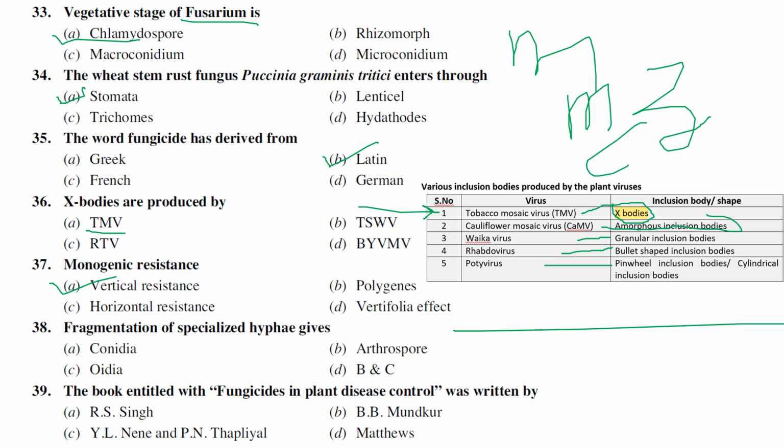Very simple. Imagine this is a hypha. This hypha is divided into small fragments. It is an asexual vegetative kind of reproduction. We have published a couple of mycology videos regarding this. If you see, each single fragment will divide and start to behave like a new hypha or new fungus. This is generally called oidia or arthrospores.